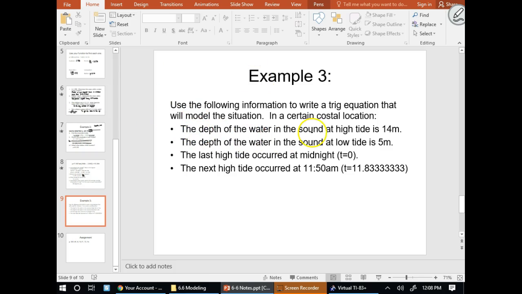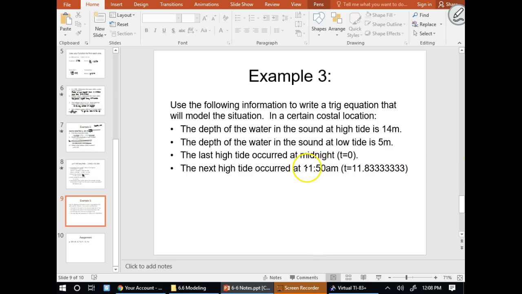The depth of the water in the sound at high tide is 14 meters. The depth of the water in the sound at low tide is 5 meters. Last high tide occurred at midnight. The next high tide will occur at 11:50 a.m. And notice that is not 11.5 because 11.5 would be 11:30. 11:50 is